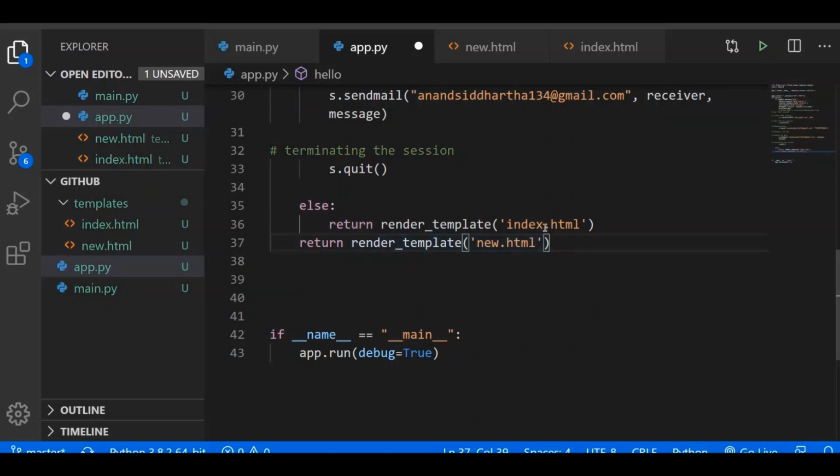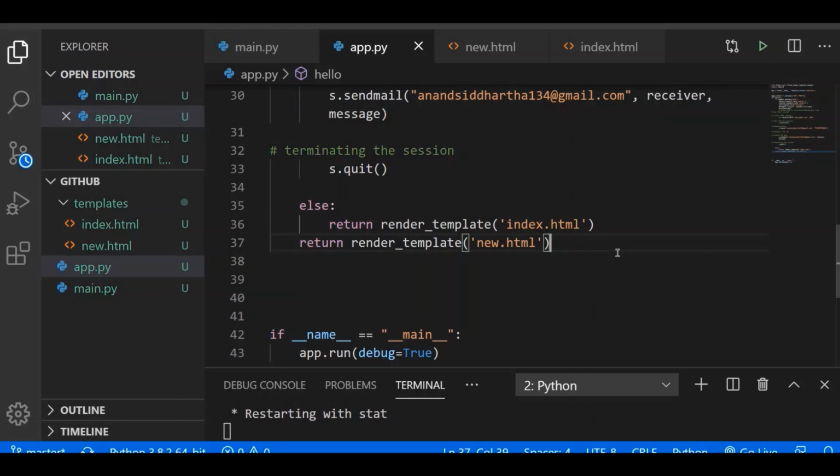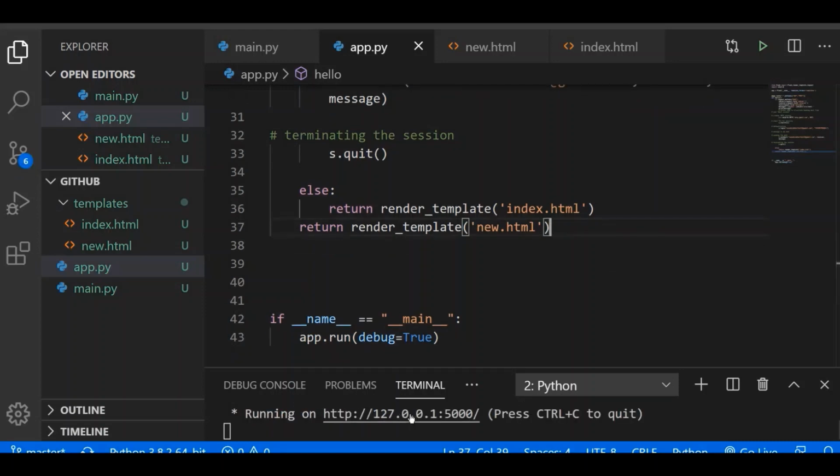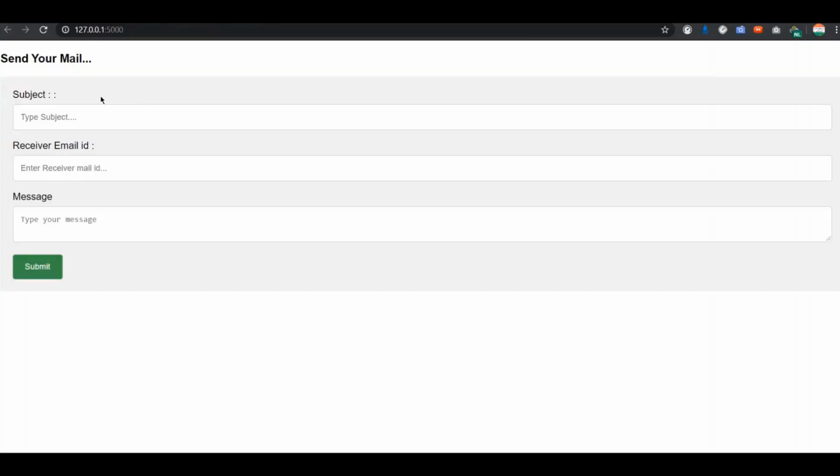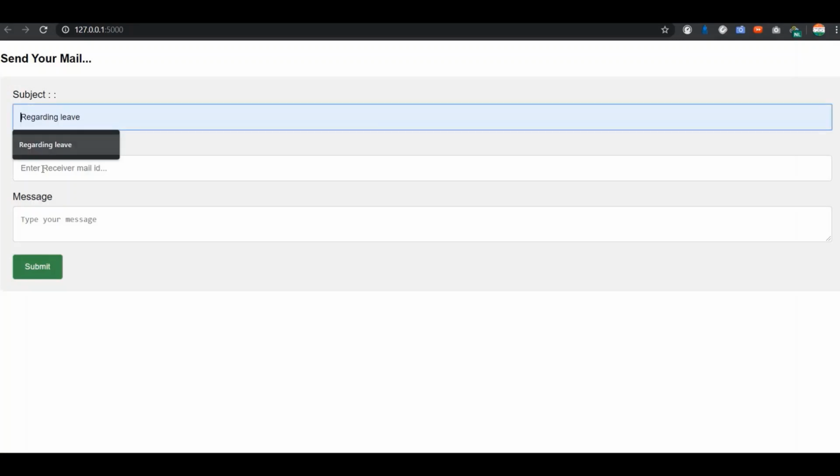I will do it here, and now I will run my application to check whether our code is working fine or not. So now I will write.